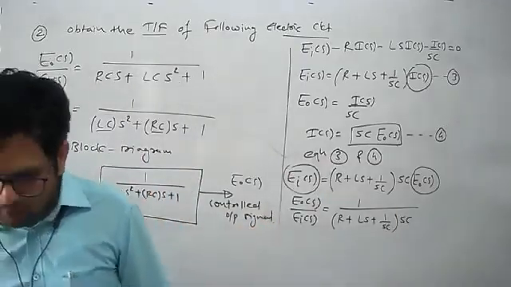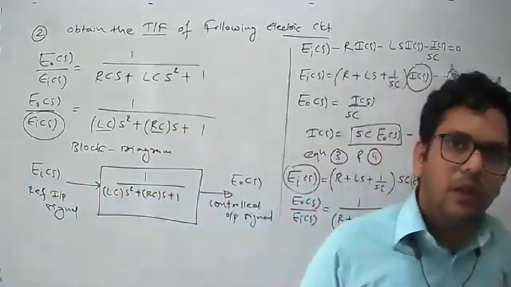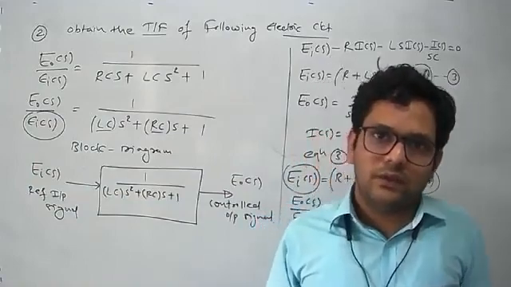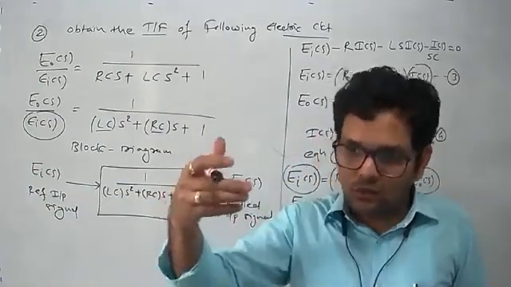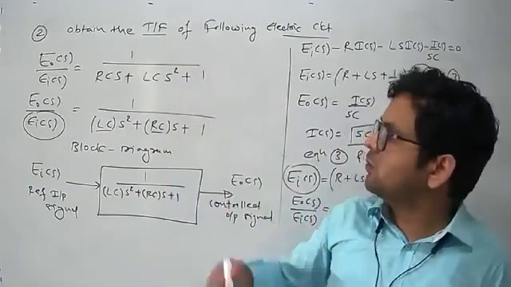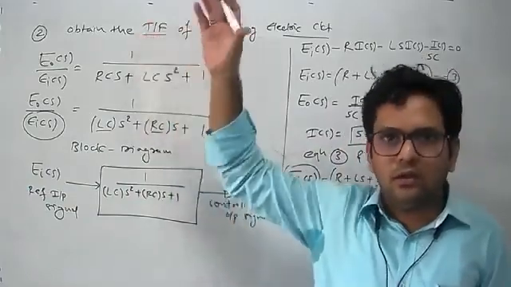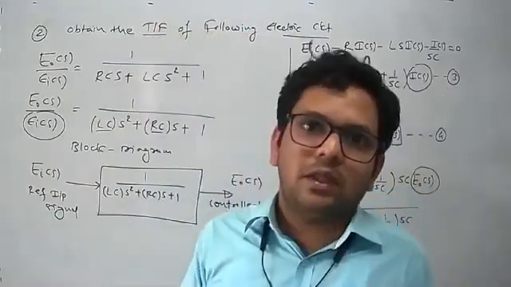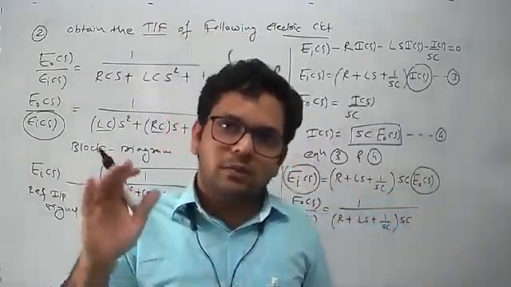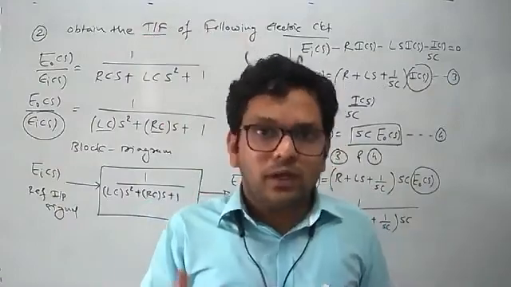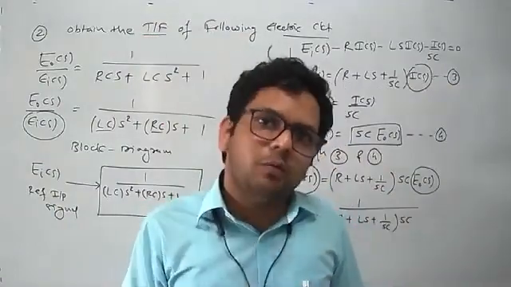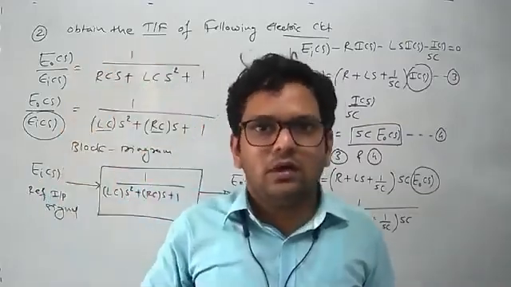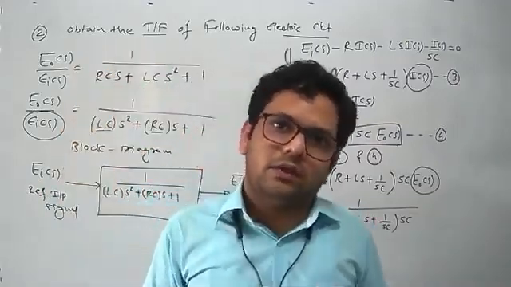So in this way we can obtain the transfer function of a given electrical circuit. The thing is that we need to apply those steps one by one. First we need to obtain the mathematical modeling in the time domain, then apply Laplace transform by assuming all initial conditions to be 0 to represent its mathematical modeling in the frequency domain. Then in step number 3 we need to define the input and output if it is not defined in the given numerical, and then in step number 4 we need to find the ratio of output by input, which indirectly defines the transfer function.